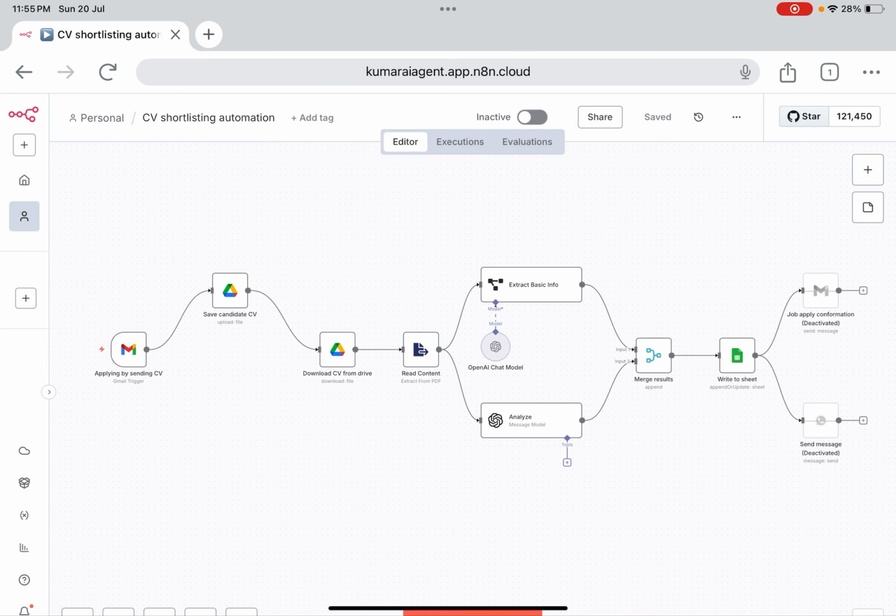Hello, welcome back everyone. In this video, we are going to see a CV shortlisting automation workflow which is created on the A-Net platform. So basically the idea here is